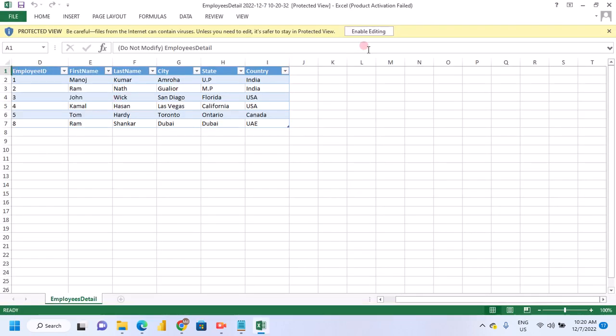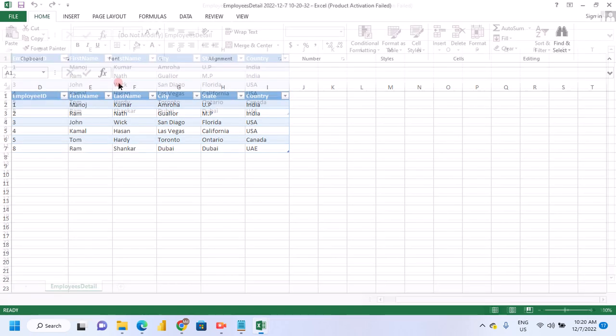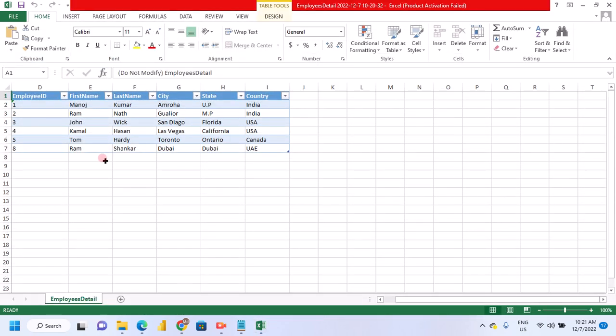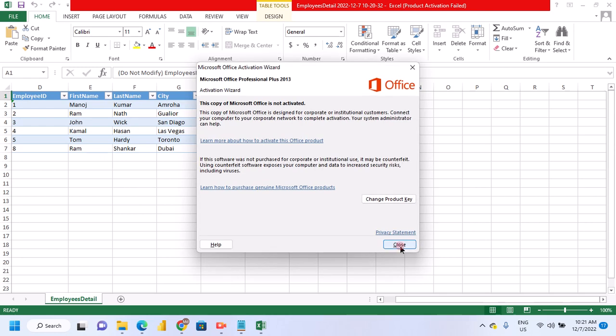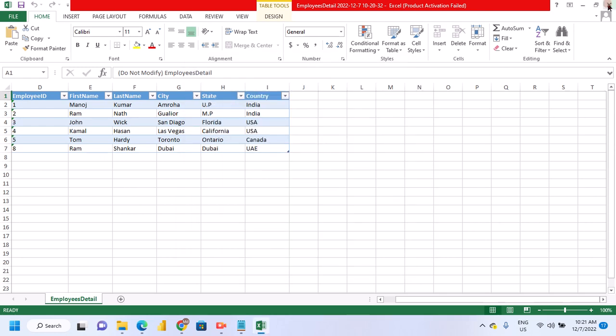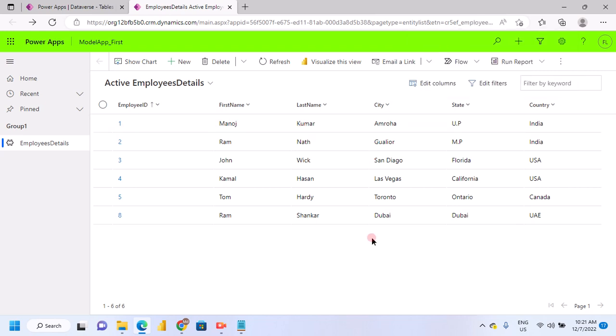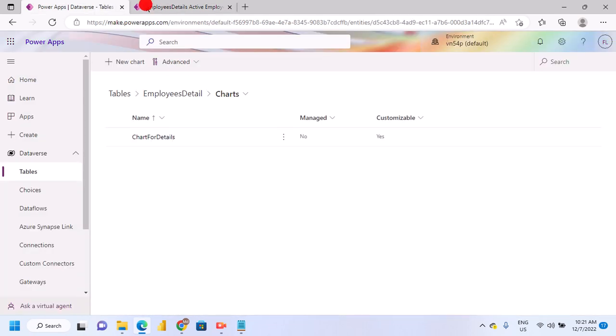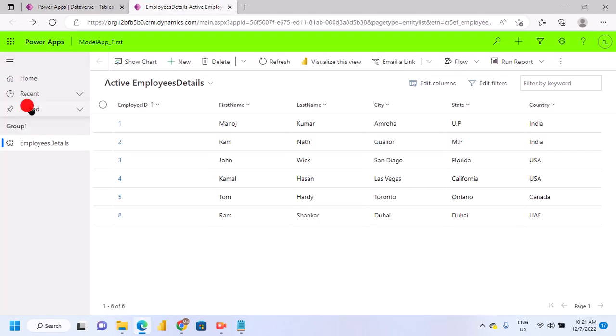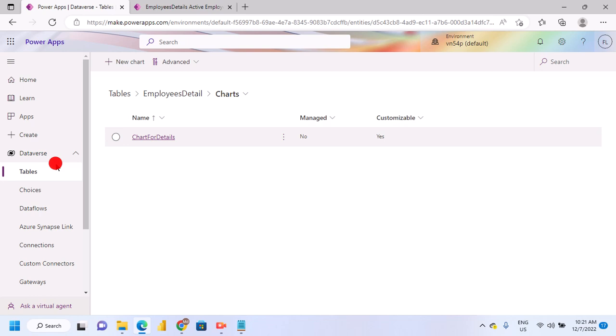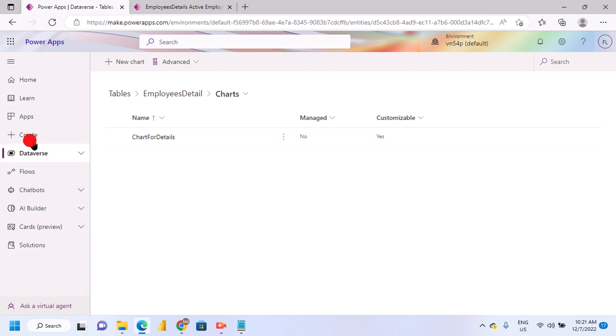And this is our first application, and here you can add more applications. And I will show you how you can add another app, basically the table, and you can add the model driven app. Where is this? This one. So click on the edit,